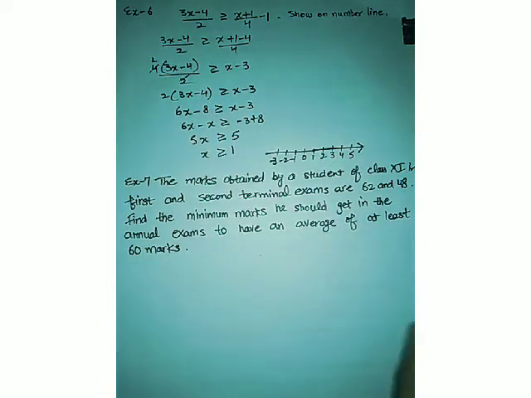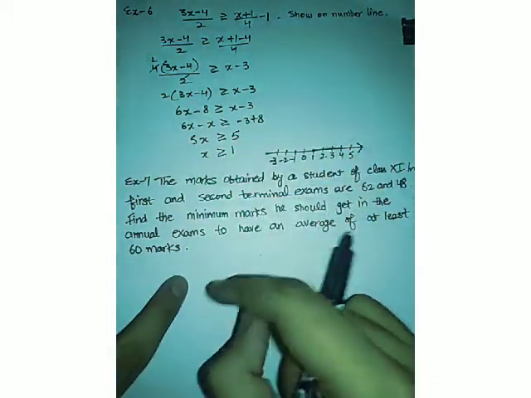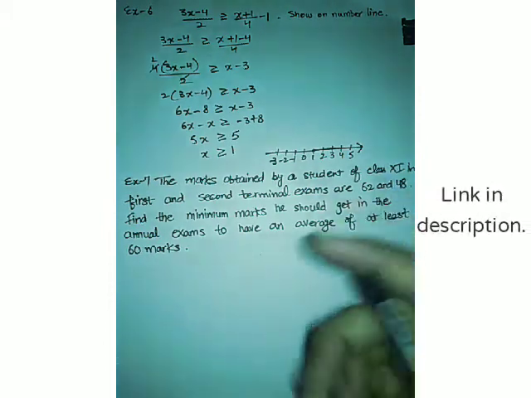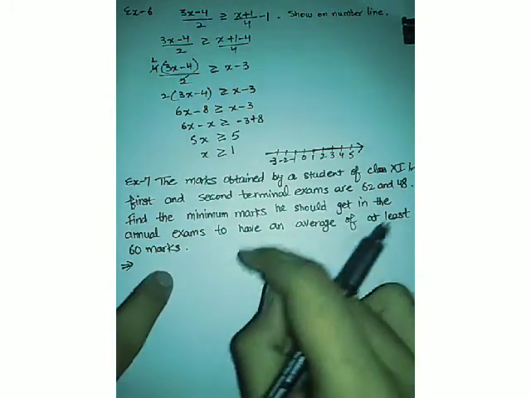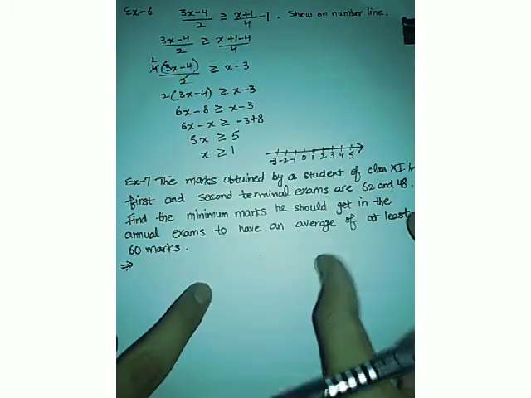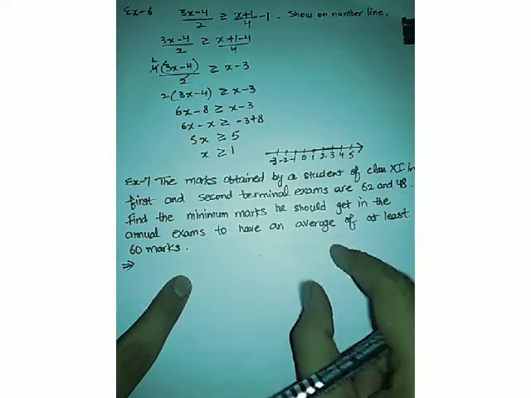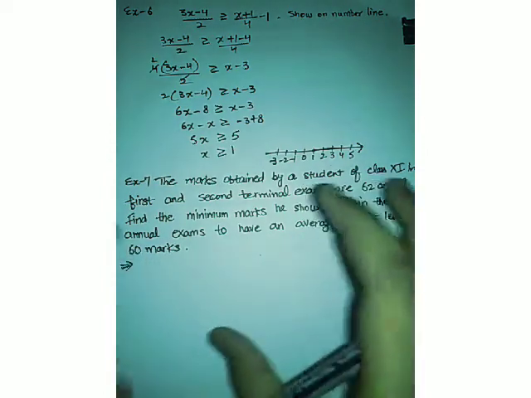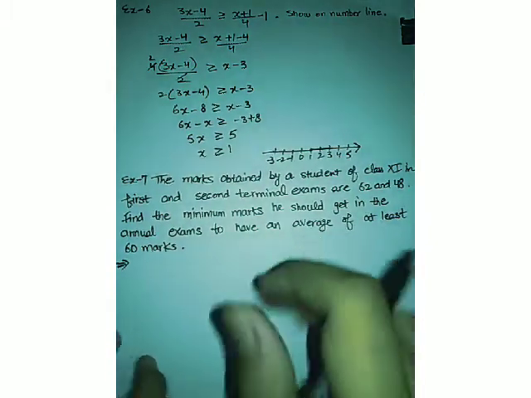This is our 7th example, which is actually in the form of a statement. We have to construct an inequality and then find the solution of it. Now it looks a bit complicated to construct an inequality from a statement, because we are used to constructing equations from statements, but inequalities are a new thing. So I'll make you understand it very carefully. So understand very carefully, all right?